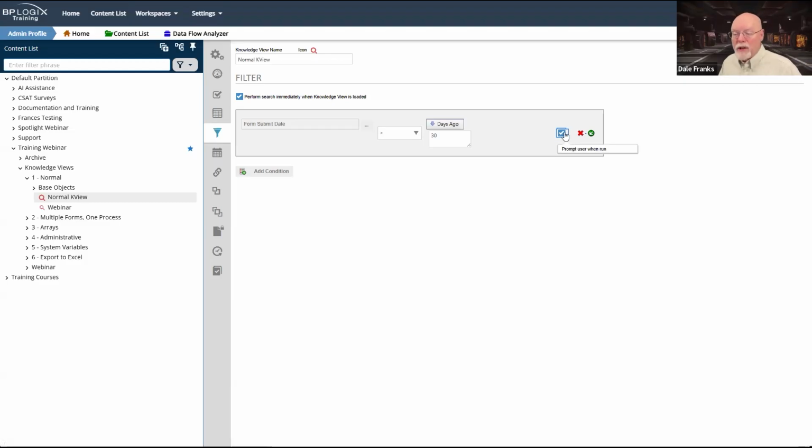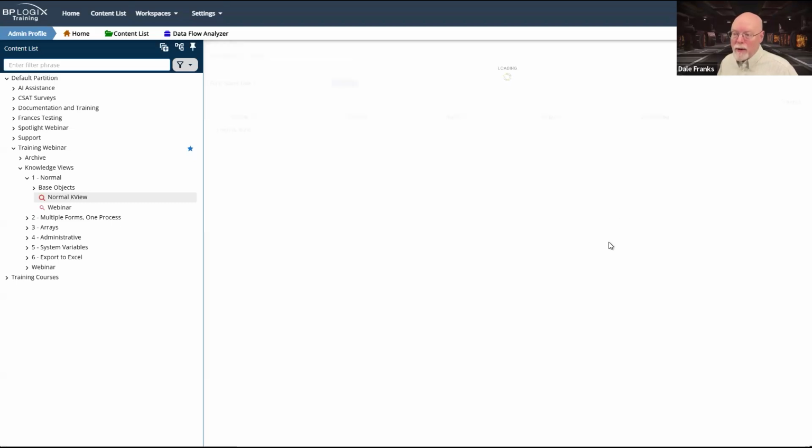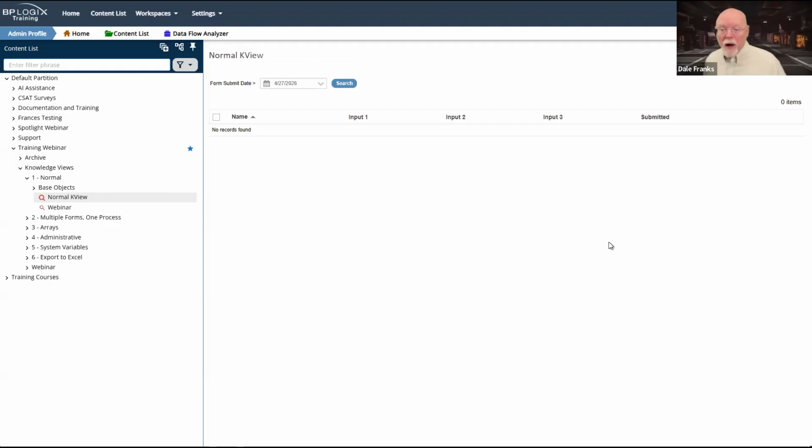What that will do is show them the prompt at the top of the knowledge view when it runs. So if I run this knowledge view now, it's not going to show me anything because I am looking for something that was submitted after 4/27/2026. So that's not great because I now have to, as a user, expand that search range.